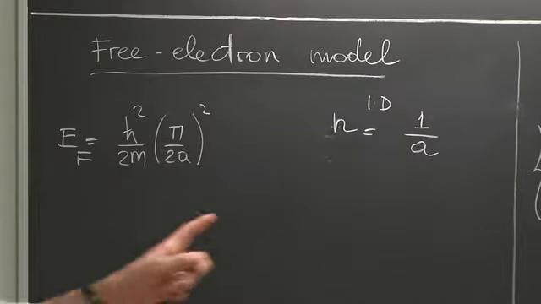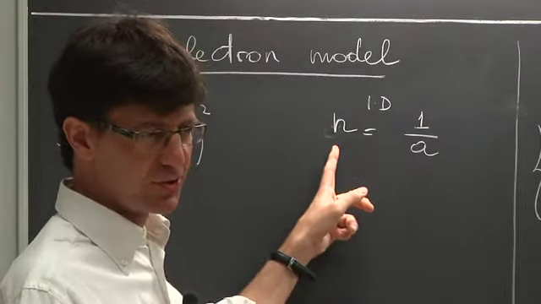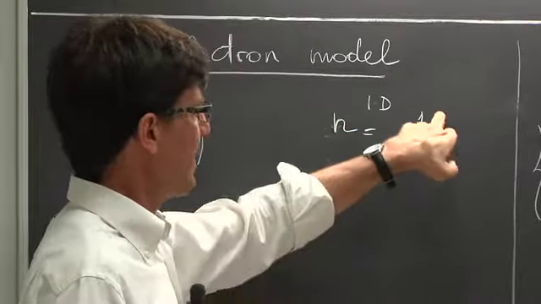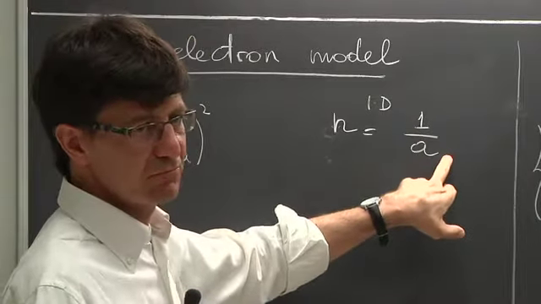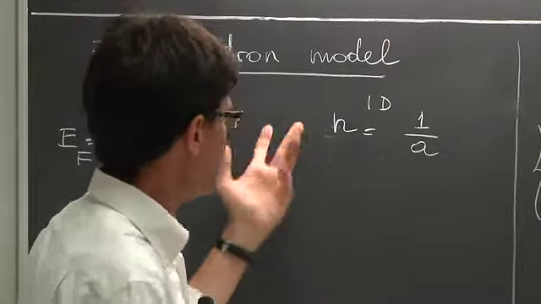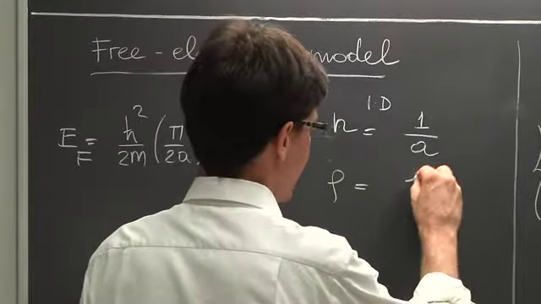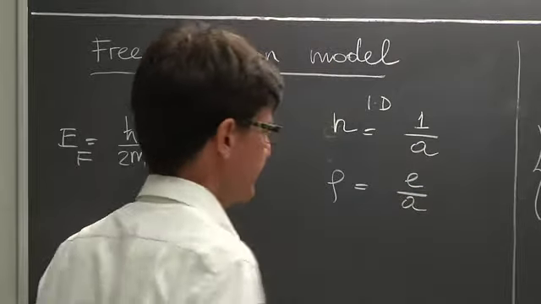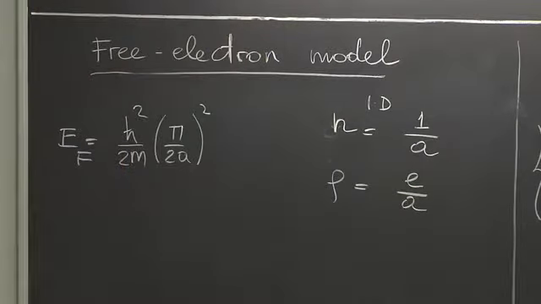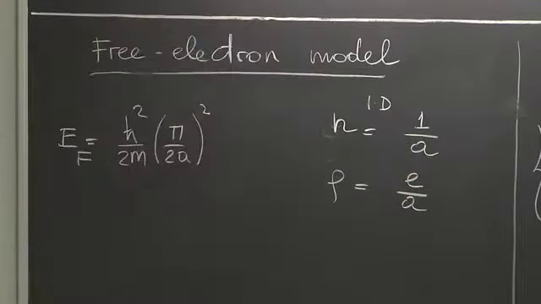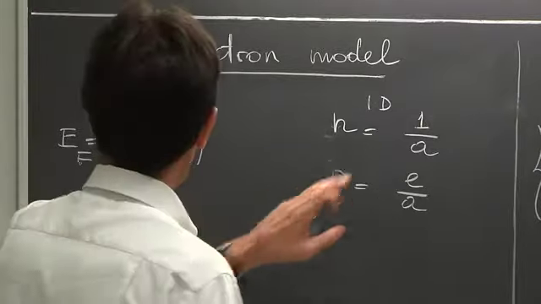I'm talking about number density, right? I'm not using rho. I don't know what kind of notation is used in general, but by n, I typically mean the number density, the number of electrons per volume. Sometimes you may wish to use rho, the real density, but then the density would be e over a. It depends on the notation, of course. This is the charge density, this is the number density, the number of electrons per unit length. Let me use the number density, 1 electron per a, which means for a one-dimensional system,